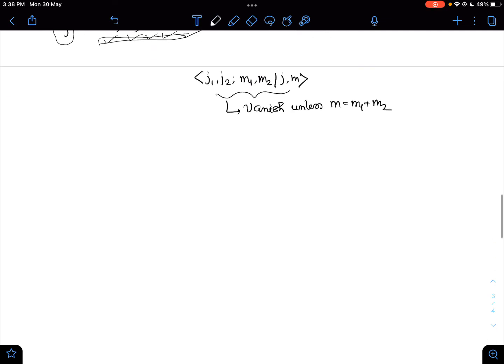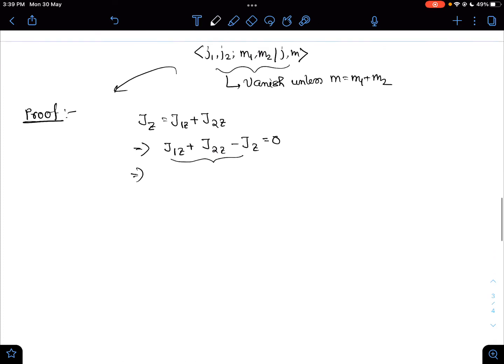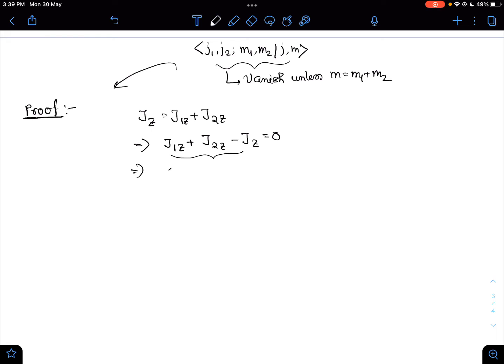So let us prove this. We know that Jz is J1z plus J2z. From here we can write J1z plus J2z minus Jz equal to 0. So if we find the value of this operator,